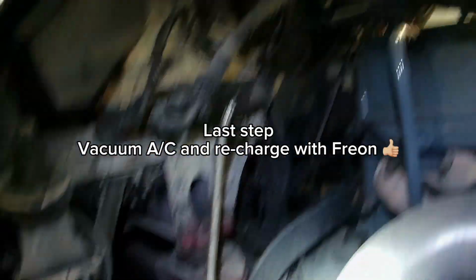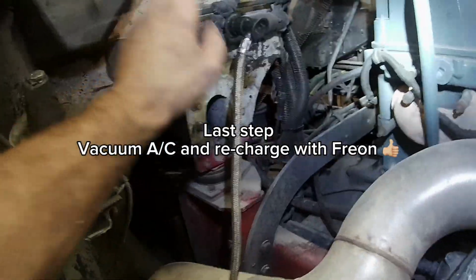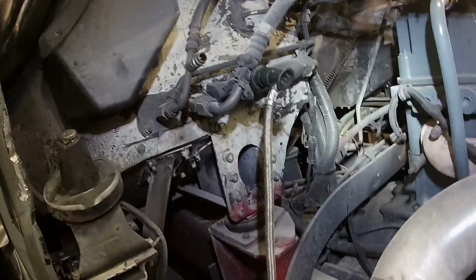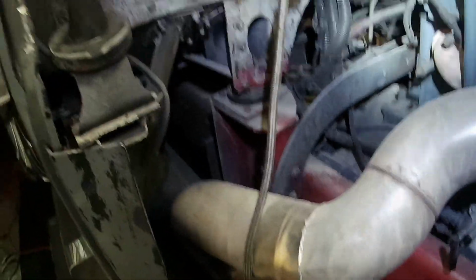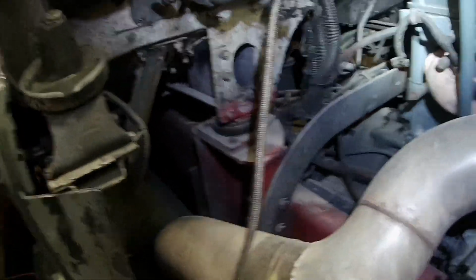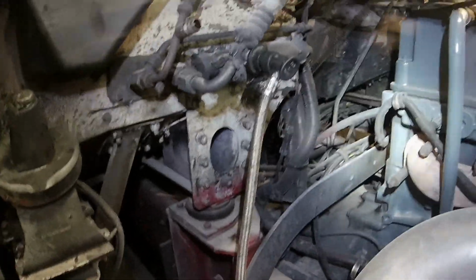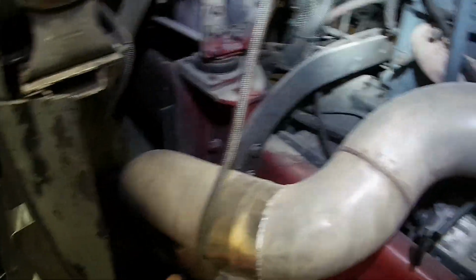Now what's left is filling up your AC. You can do a full vacuum if you own a vacuum for the AC. If not, what I usually do is I'll fill it up with two cans and then I'll drain some of the pressure. And I mean, it works fine. I'm not saying that that's the way that it should be, but for me it works fine. If you have a vacuum, that is the correct way to do it. You vacuum the whole system, make sure that there's no leaks,